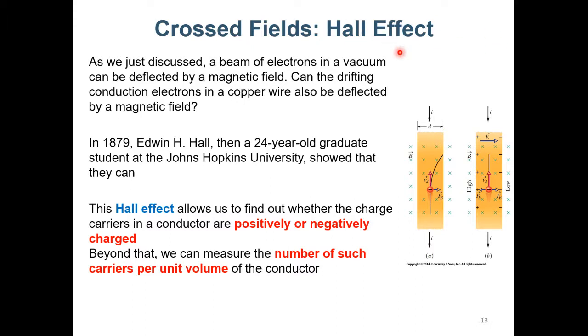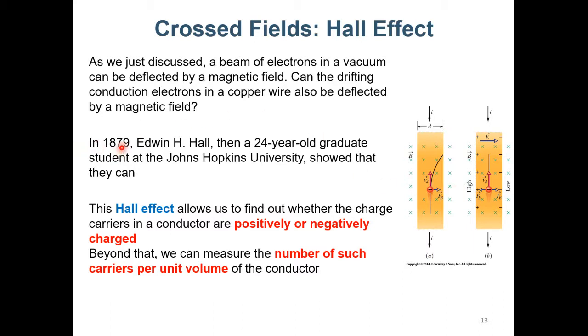It's a dynamic process. As we discussed, a beam of electrons in a vacuum can be deflected by a magnetic field, and then the drifting conduction electrons in a copper wire are also deflected by a magnetic field, which means that we have a wire here, and then the charged particle going from bottom to top, because we now know the moving particle is the electron, not a positive charge. But in